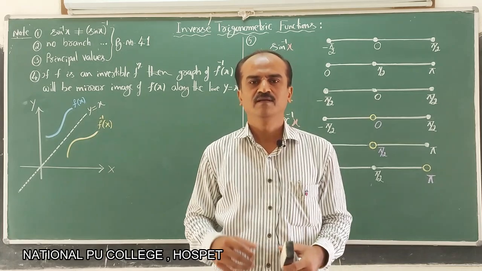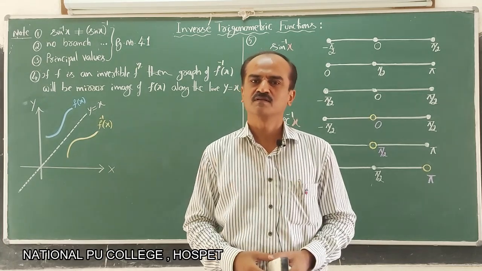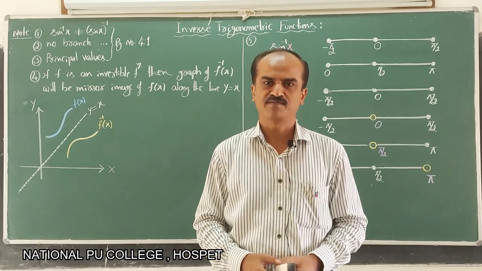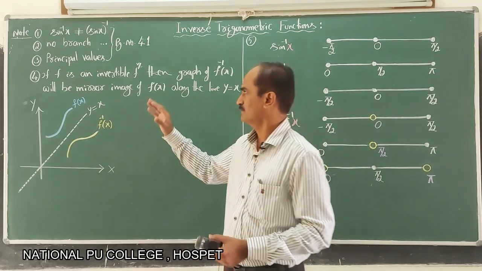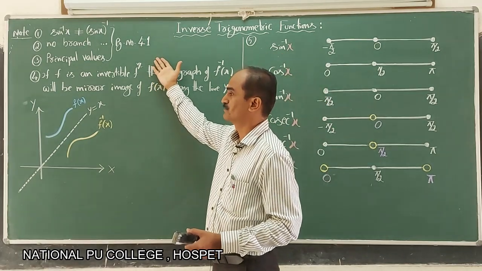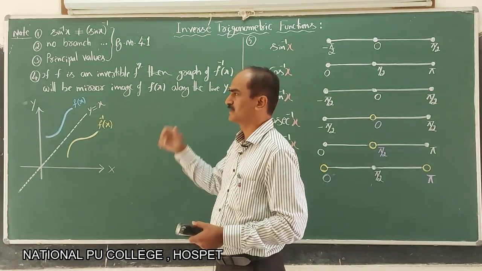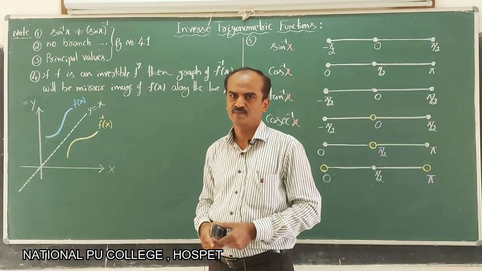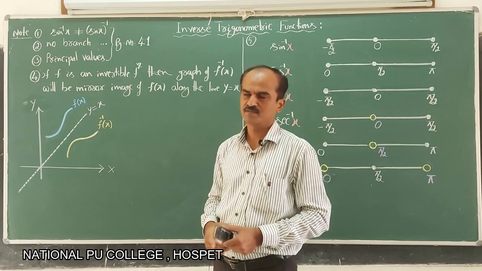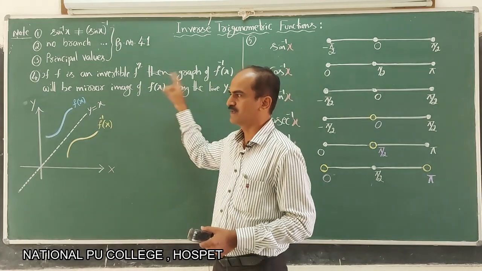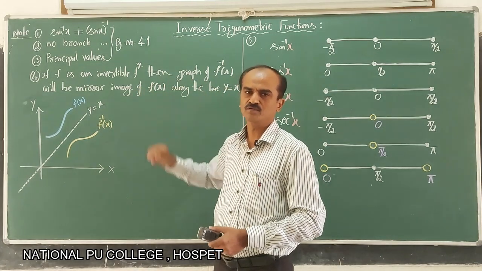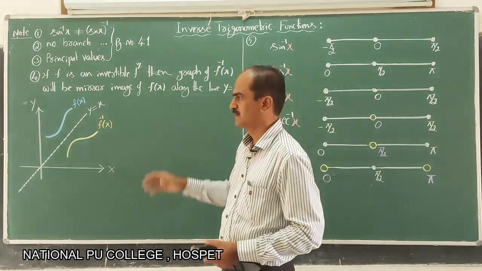Before that, let me give some more information about these inverse trigonometric functions. In the textbook, in page number 41, they have given 3 points. You have to note down those points, along with some more information I will give. The first one says,